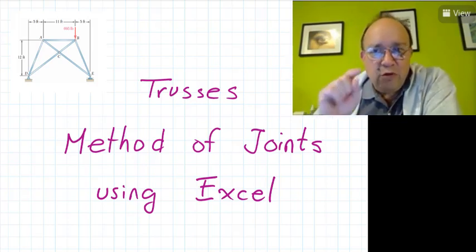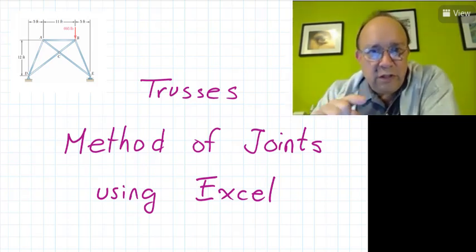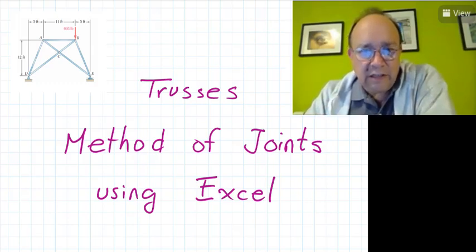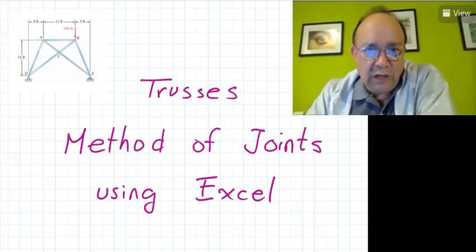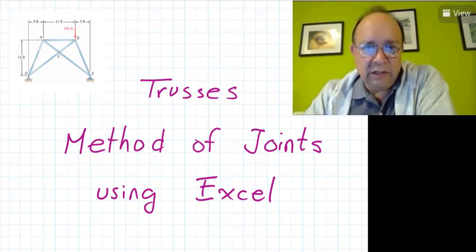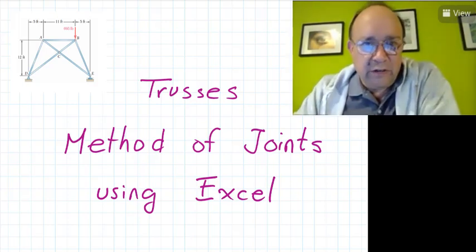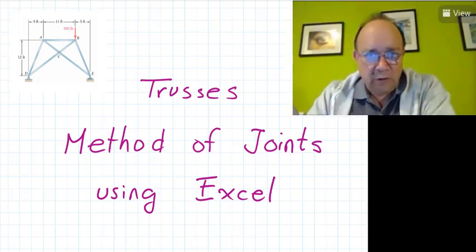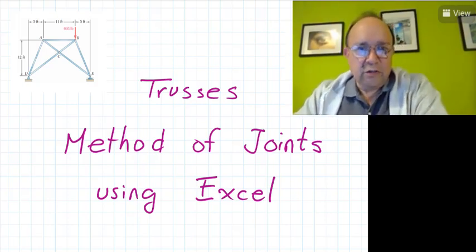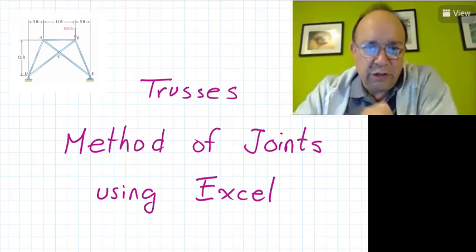And you don't have to go joint by joint looking for which joints have two or fewer unknowns in order to continue. Here you just set up all the equations, no matter how many unknowns they have. You just put all of them, so you can go in alphabetical order or any order that you want. You just set up all the equations, and you concentrate on doing the free body diagram of each joint.